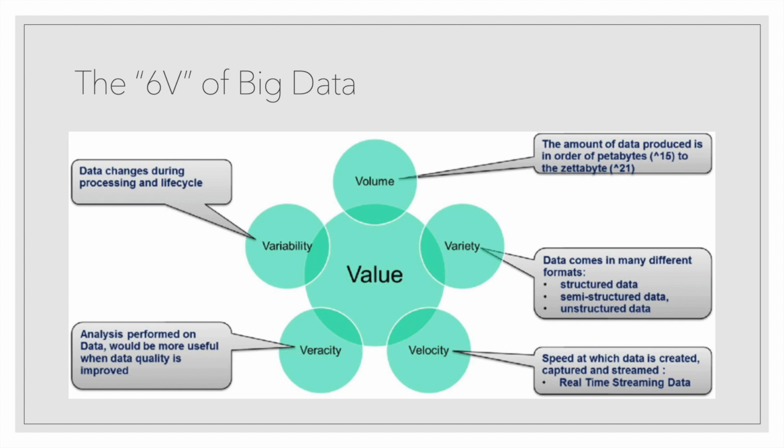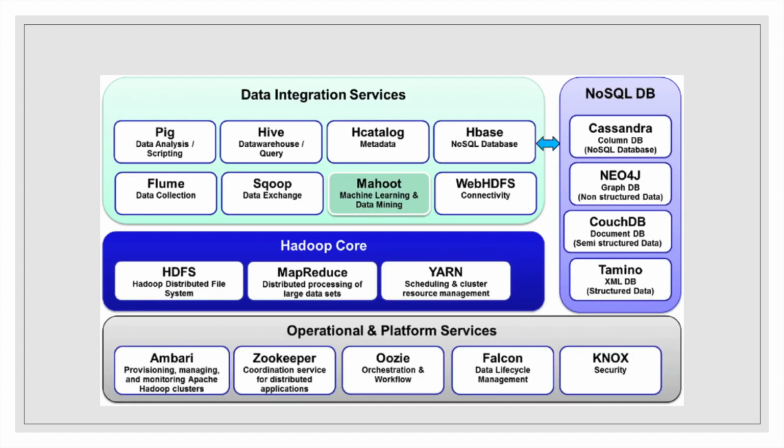And there are 6 Vs of big data. The first is volume, second is variety, third is velocity, fourth is veracity, fifth is variability, and all these 5 Vs create value. This is the 6 Vs. And this is an image about big data technology, and it is based on the